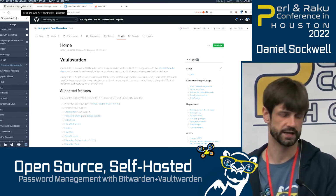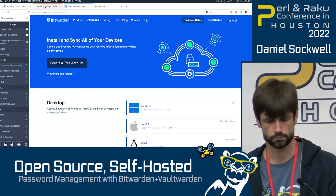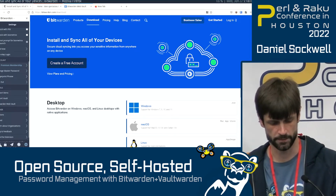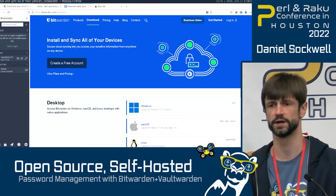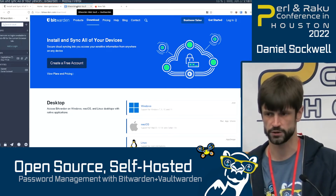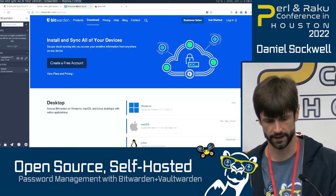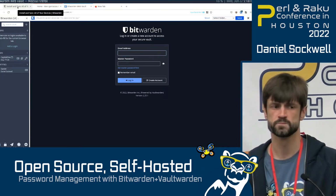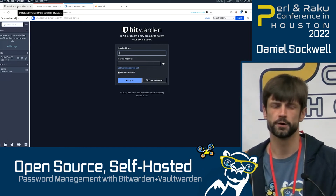So you can use it exactly like a multi-platform password manager. It does all of the normal fancy autofill, can autofill two-factor authentication, and all in infrastructure that you can run yourself out of your closet or on a $5 VPS, and has all of the bells and whistles you'd want, third-party audit of the code, et cetera,